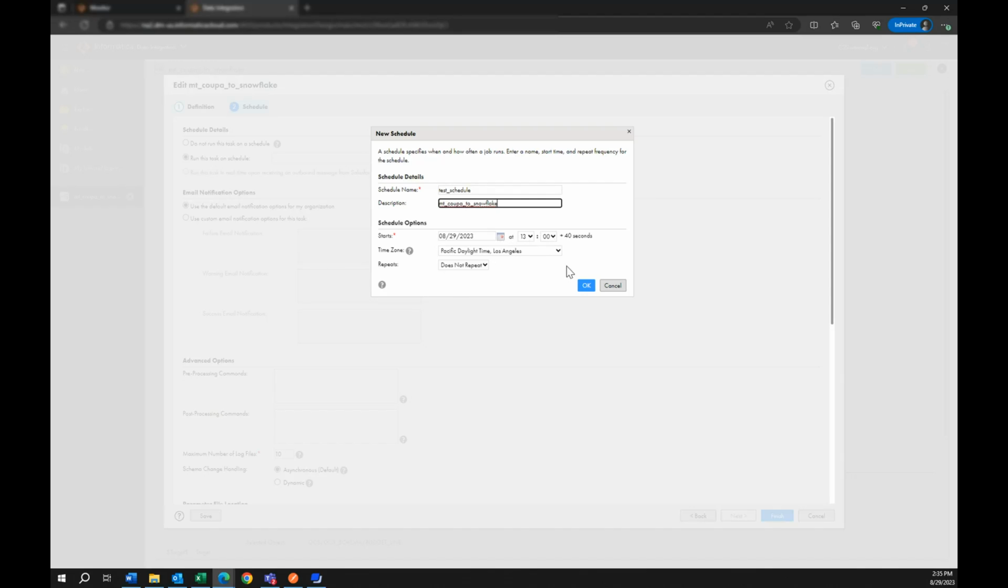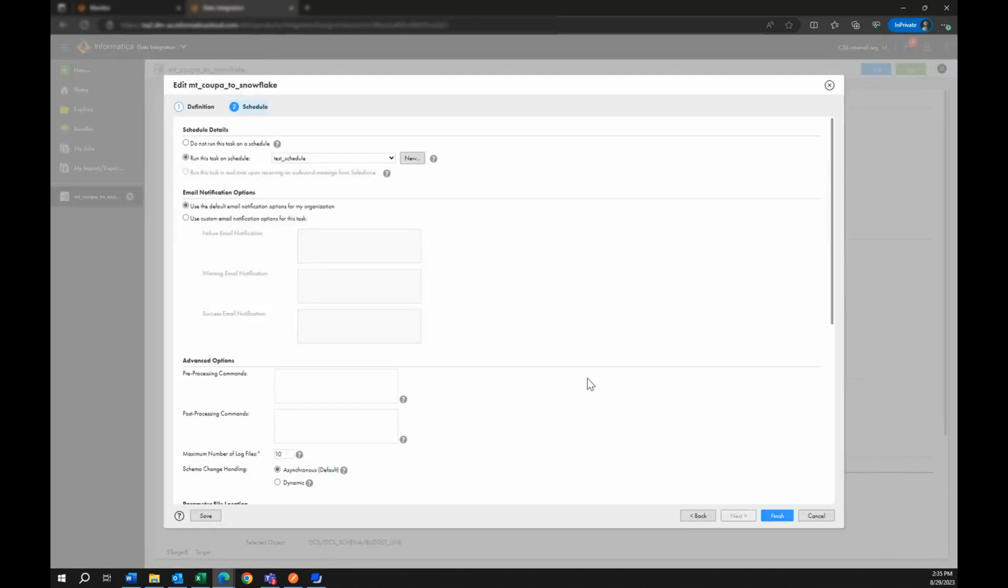Yeah, I want to run this one. I want to run it daily, and I want to run it for a specific number of days. Okay, so now I create the schedule. Now, in the future you want to know